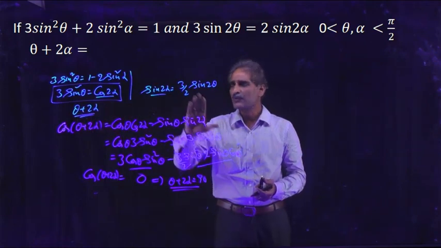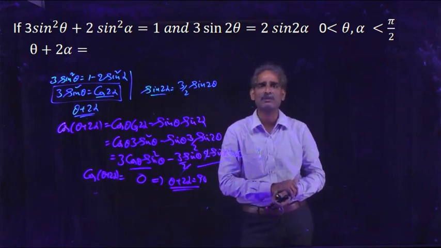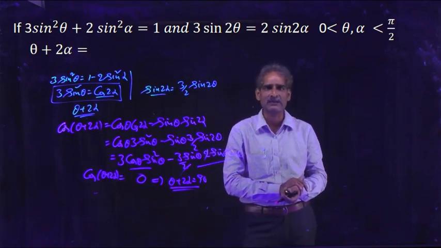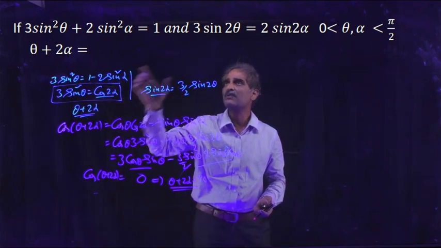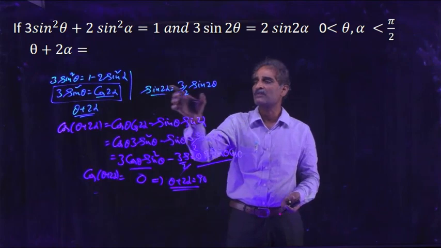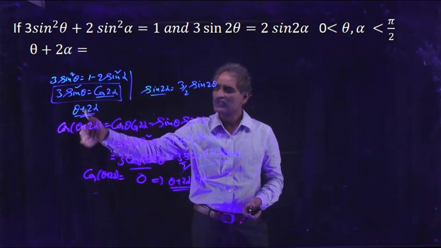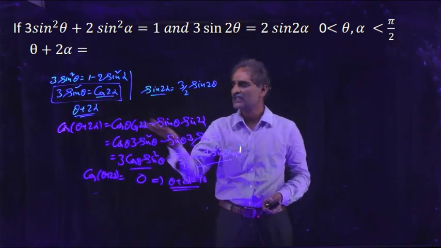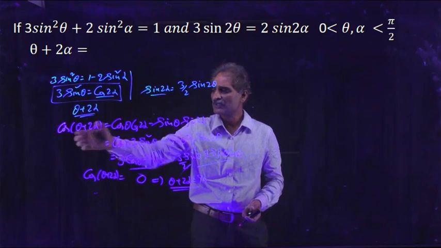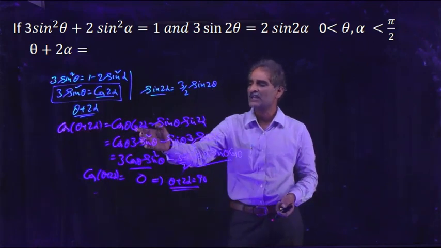Okay. So if you convert the total expression into a single angle, there is a chance for simplification and we will get the angle. For that, from the first equation we can find cos 2 alpha, and from the second equation we can find sin 2 alpha. Now apply the cos function. You can apply any function, but here we have cos 2 alpha and sin 2 alpha, that's why we apply cos. This is the formula for cos(a + b): cos a cos b minus sin a sin b.